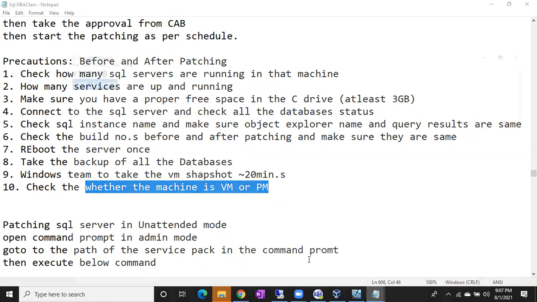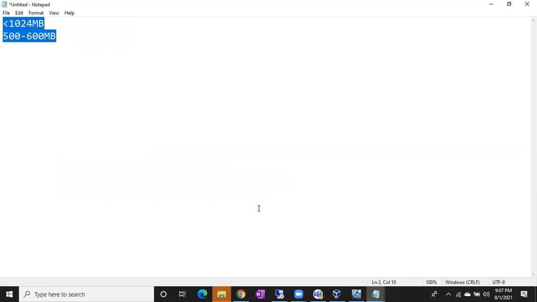Sometimes you have to copy the patch files to the servers. Sometimes shared locations are not working. The shared location where you keep your patch file may not work from the server. You don't have any other shared location, and the existing shared location is not working from that particular server. In such a case, how can you copy the file?